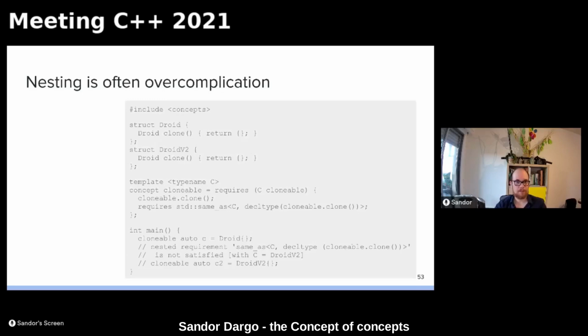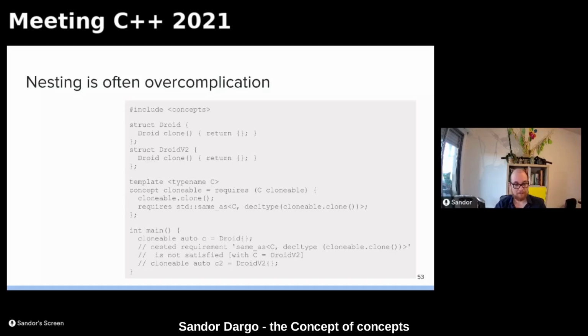We have a struct droid, which has a clone function. And well, in coding, it often happens that we just copy paste some code, and probably that's what happened here too. So we have our droid v2, but we forgot to update the return type for the clone method. Then we have our clonable concept, and there, well, we require that a clonable type should have a clone function, and we also require,